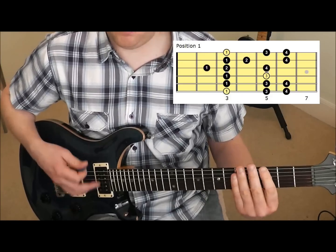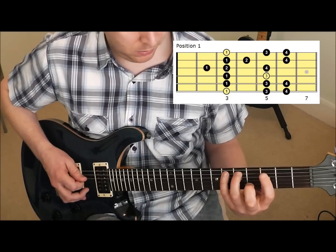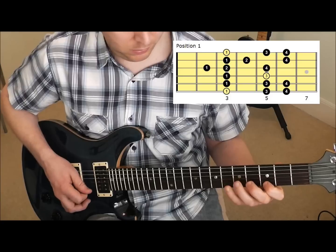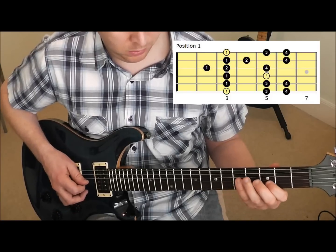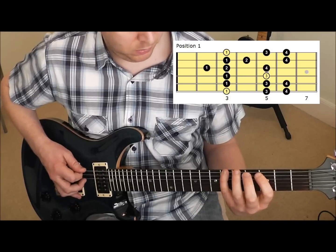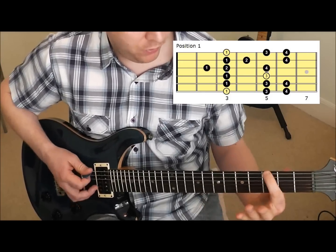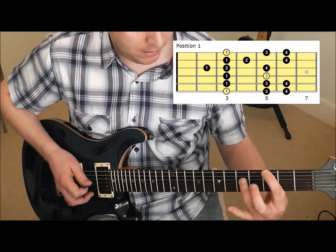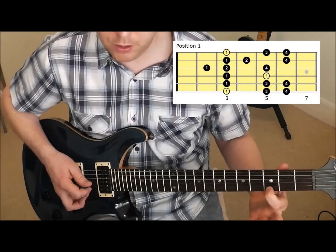Okay, so let's play that scale up and down. So we've got... Okay, and that's position 1, and the root note in that position is on that first note on the 6th string, 3rd fret. And that note's repeated on the 5th fret of the 4th string and on the 3rd fret of the 1st string. So we've got...